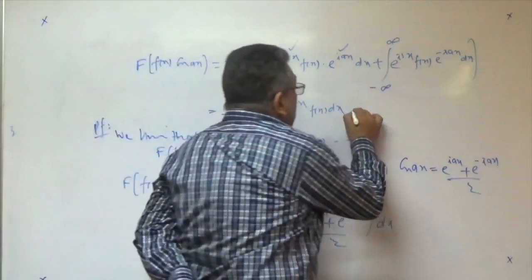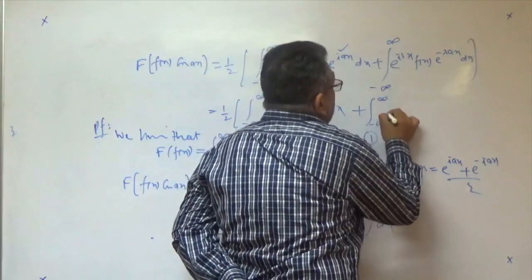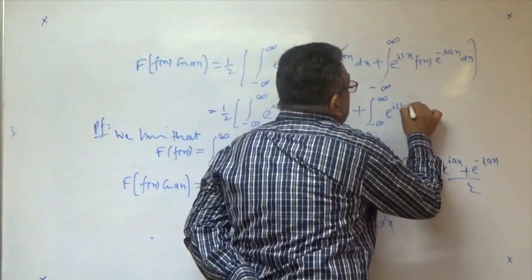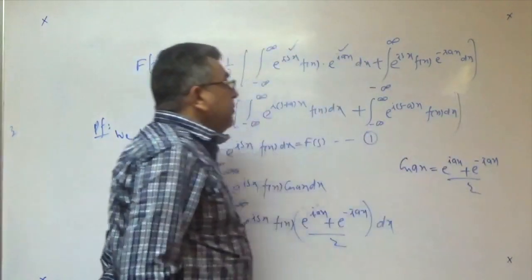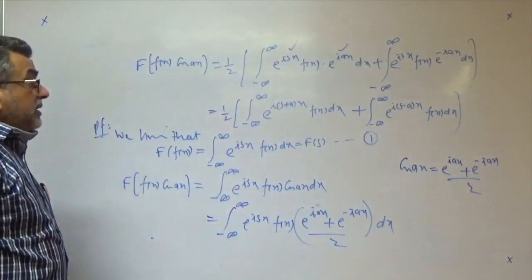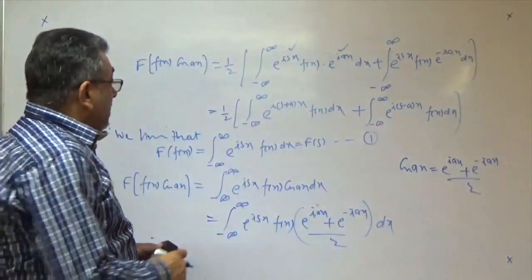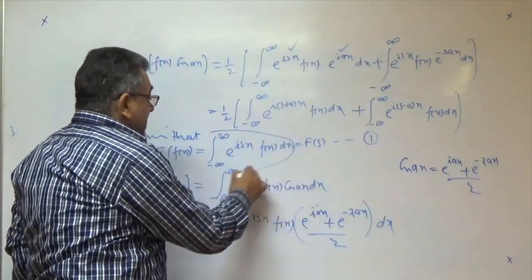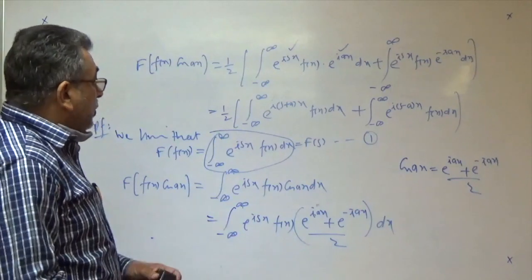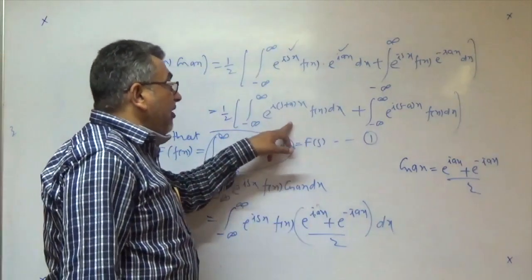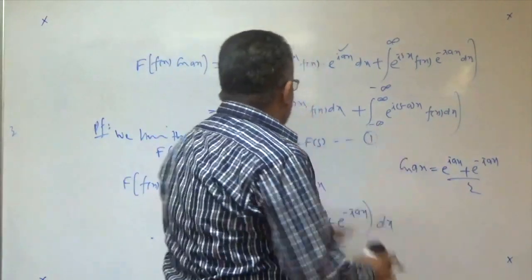The second integral, similarly, from minus infinity to infinity, is e to the power i(s minus a)x f(x) dx, if you combine the powers of the exponential function. Then you see these two integrals and compare with the right hand side of equation 1, the formula of the Fourier transform. So it is the capital F of s plus a and the F of s minus a,